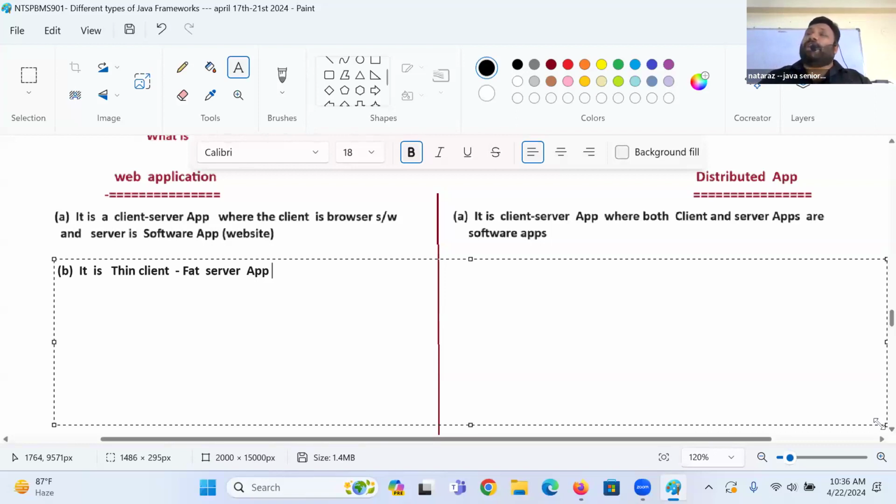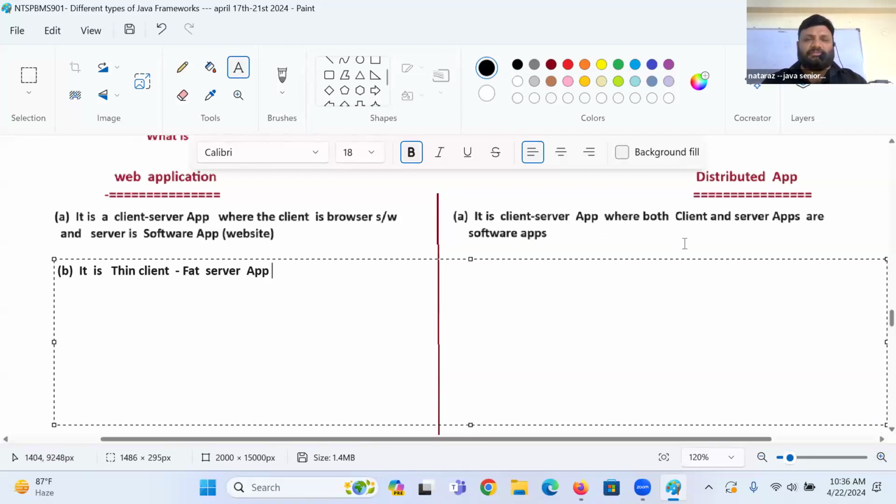Wife and husband both are working, both are sharing the responsibilities and expenditure, right? Tell me, that is a distributed application of website. Distributed application. Only husband or only wife is earning, web application kind of thing, right, guys? So when only husband is earning, can I say it is like a thin client and fat server? Both are earning, both are living the life happily. What is that? Distributed application or not, guys?